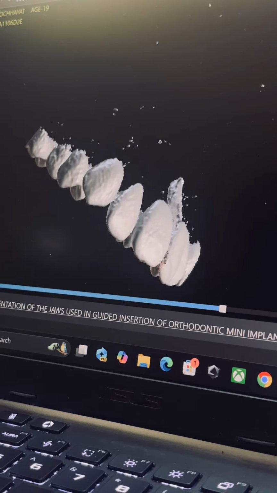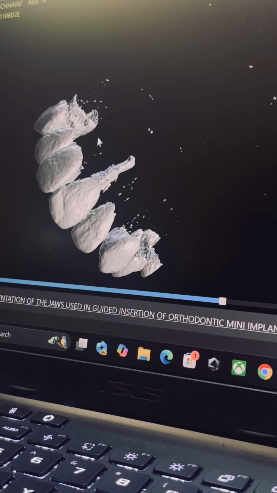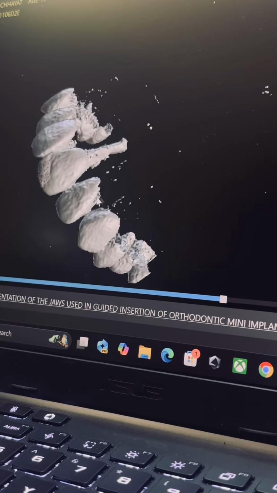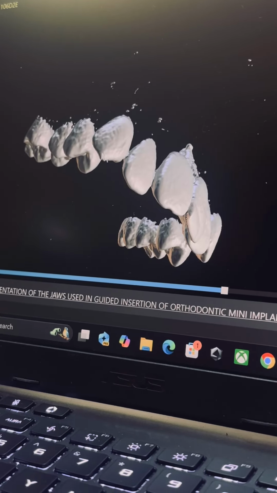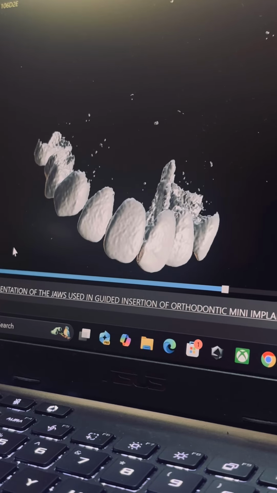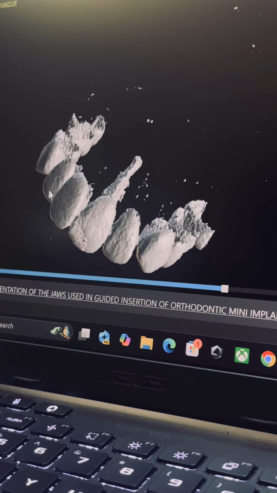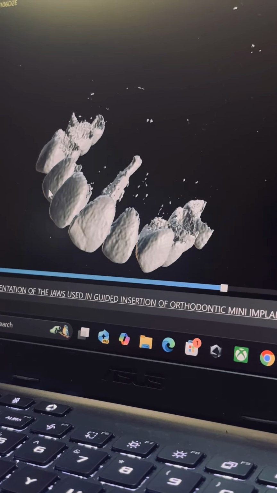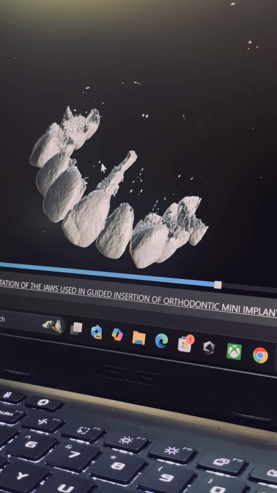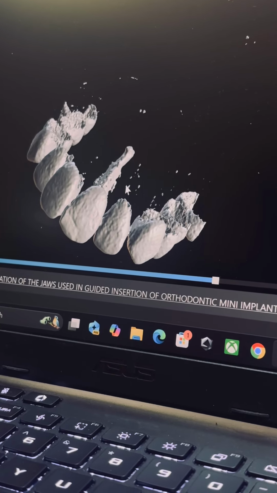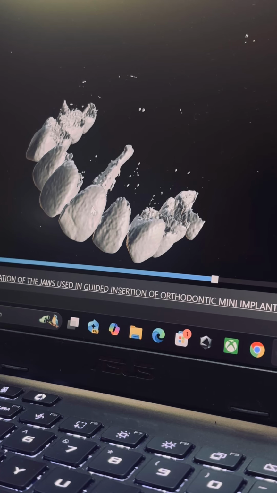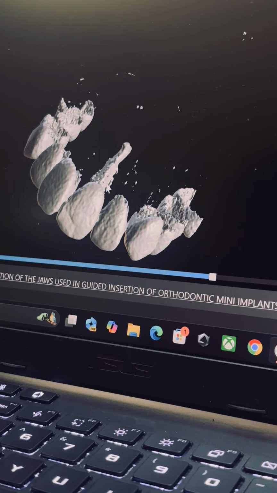You can see here that the roots are now absent from the crown. See, there are no roots exactly right now. Now the point to be noted, a very important point: while other teeth have no root, why is this tooth having a root here? It's not the root; it's the obturating material which is intact. You can see the three